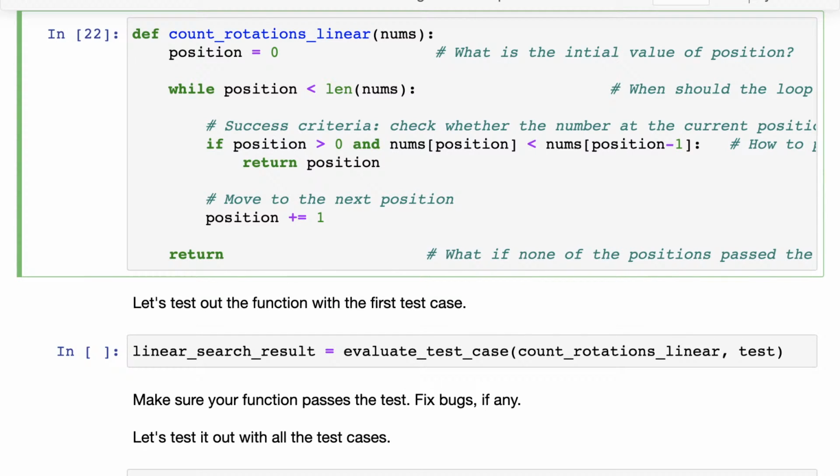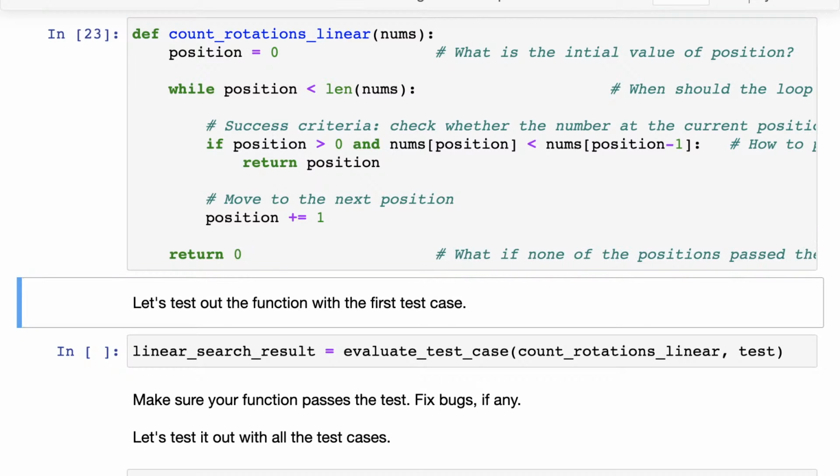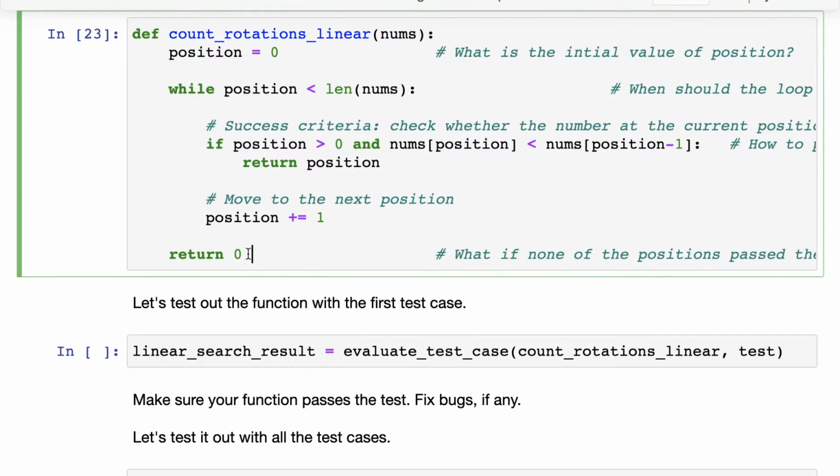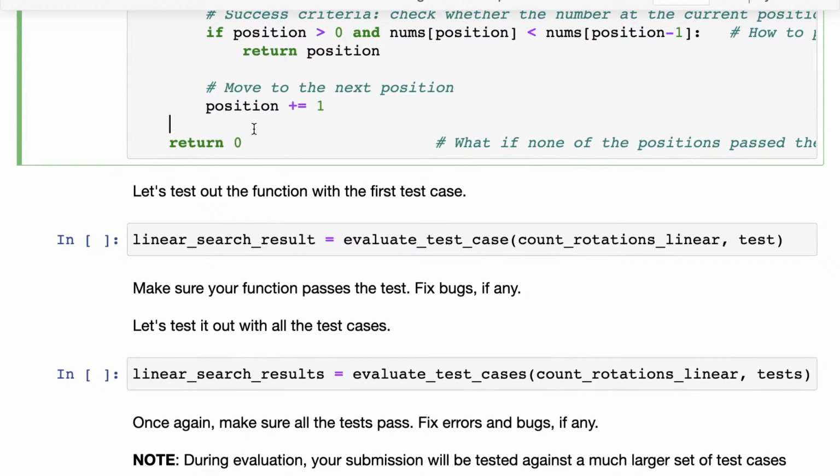You may have the doubt, should you be returning minus 1 here or should you be returning 0 here? Well, the question does specify clearly that you are given a sorted rotated list and you have to find the number of times it was rotated. Now, obviously minus 1 rotations are not possible. So minus 1 would not be a valid return value from your function. And this is the reason we write test cases too.